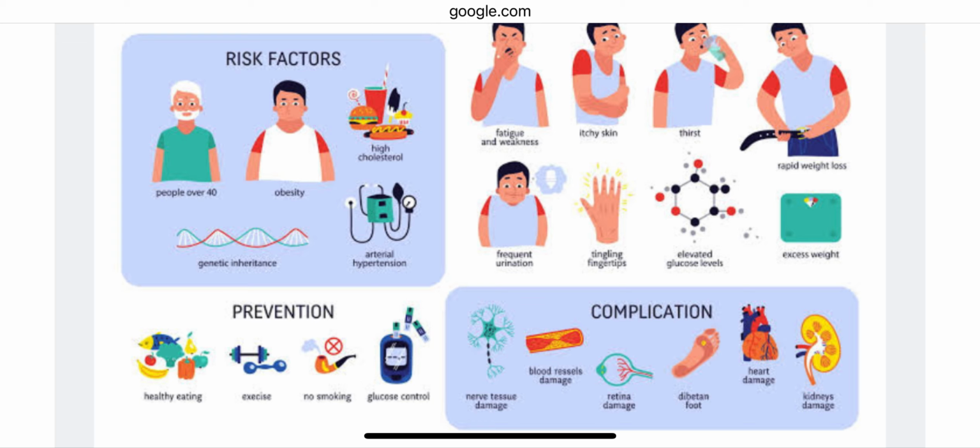And if a person's value is more than 6.5, somewhere around 6.6 and 7 and all, he is a diabetic person. And this is where you need to take